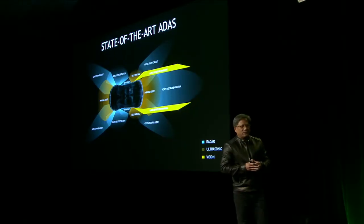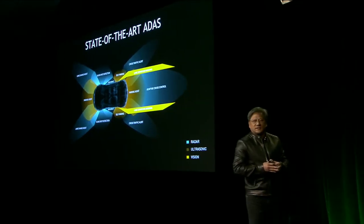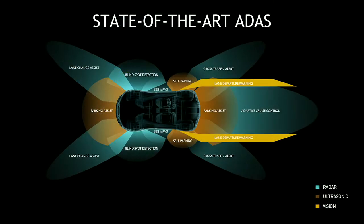The car of the future is, of course, built upon great technology that's being innovated today. Today's state-of-the-art technology includes what is called ADAS, advanced driver assistance systems, that helps to keep cars and keep drivers out of harm's way. There's all kinds of technology that's available today, from